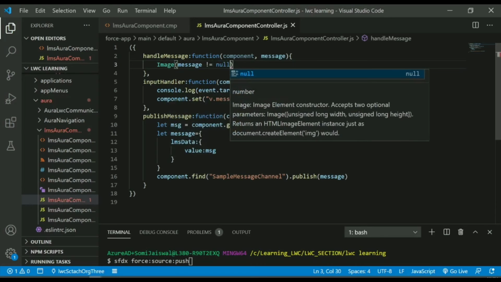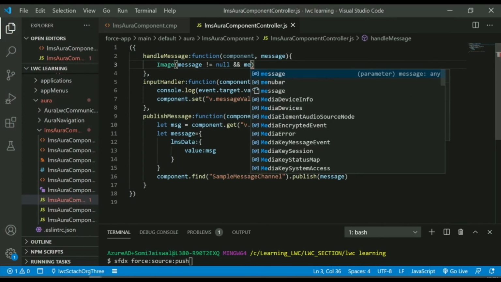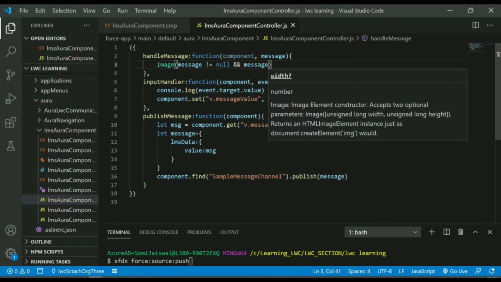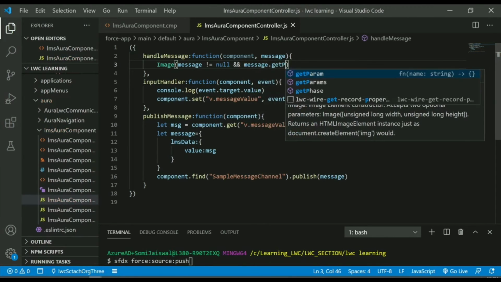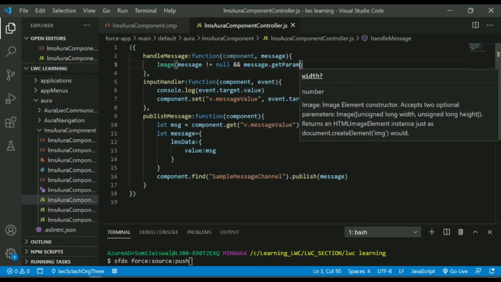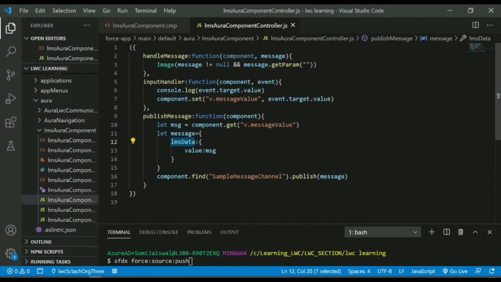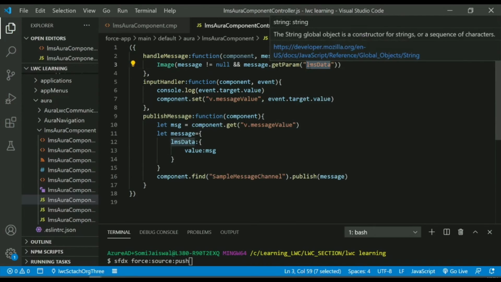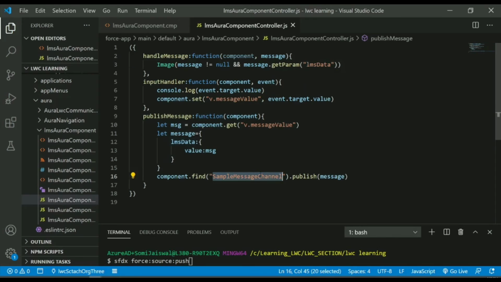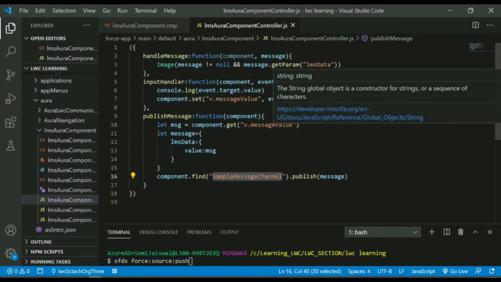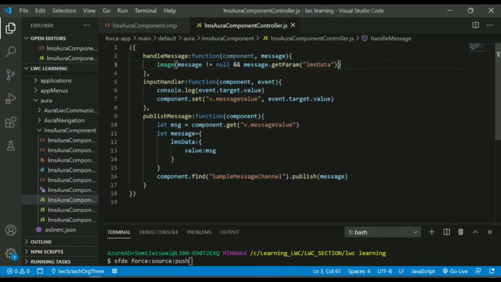Then we'll check if message is passed and message has get param, and that get param has a property LMS data, because LMS data is the field that everybody should send if they want to communicate on a simple message channel. We'll say if that is not equal to null,